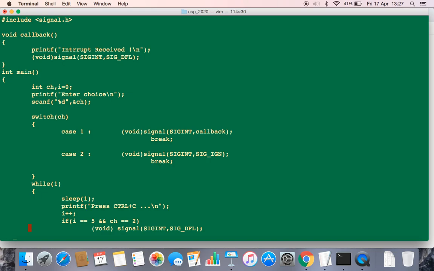Again in the callback I have a similar printf statement and then I call signal again to reset the SIGINT action to default. SIG_DFL is to set it to the default action, and SIG_IGN is to ignore the signal. This is case 2 the first time. Case 1 the first time is to call the callback. Okay, so if you now look at how this program works,